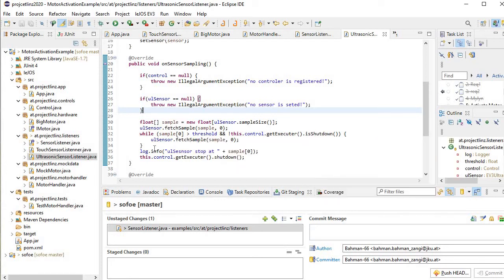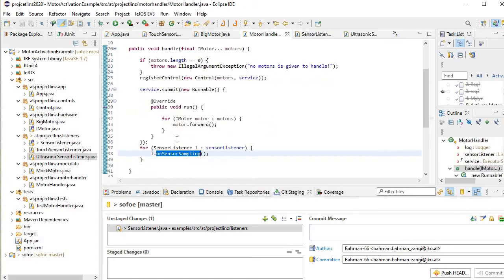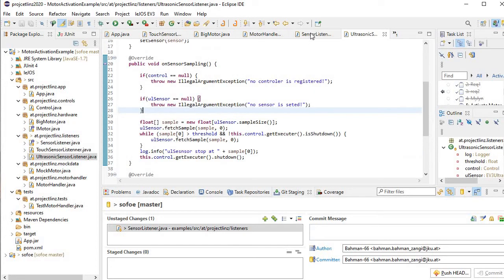So this is a problem because it causes the control flow to stop at a certain point inside one of those implementations, and I cannot access my touch sensor, because my touch sensor is not yet called,